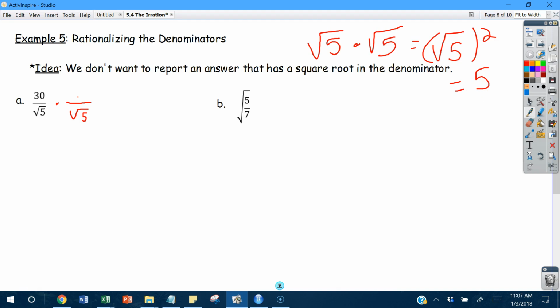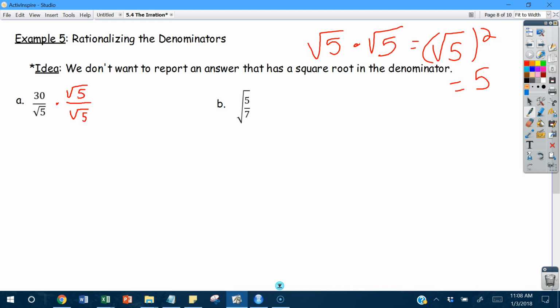So taking a square root of some number and multiplying it by the square root of that same number makes that whole square root thing go away, and it gives you a nice not square root number, a nice not radical. And if we could do that in A, then it would get that square root out of the denominator. So in order to do that, we're going to multiply this number by the square root of 5 in the denominator, and we're going to have to also multiply it by the square root of 5 in the numerator, and that's going to ensure